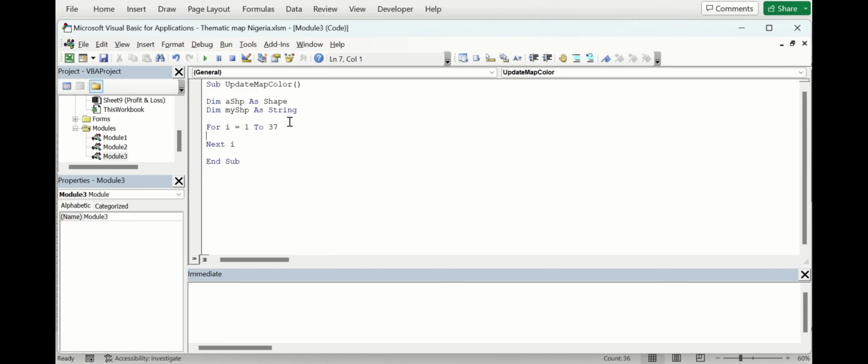So my For Next loop code reads as For i equals 1 to 37 because there are a total of 37 shapes, and it ends with Next i, and all the instructions I want the code to loop around are going to be in between the For and the Next statements. Now I've set up my For Next loop. The next thing I'm going to do is